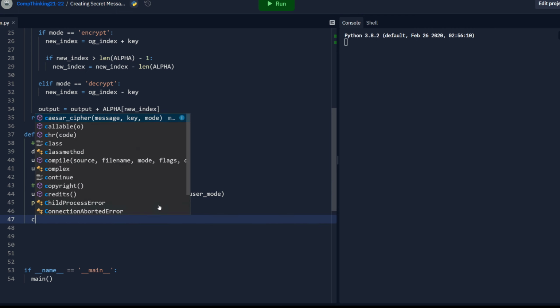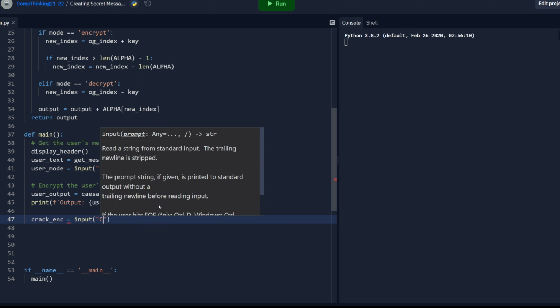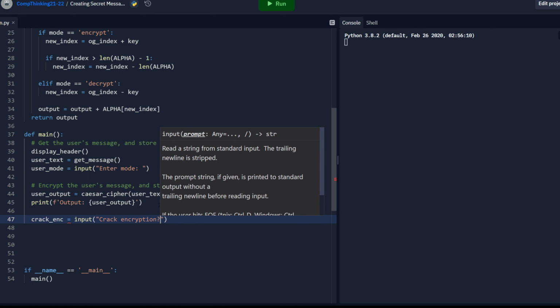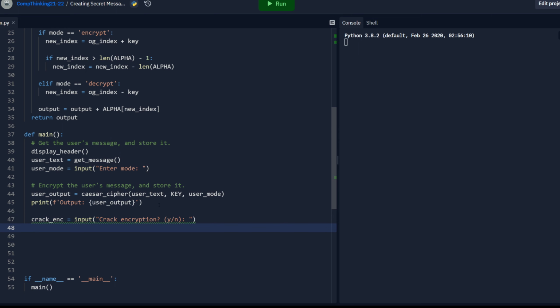We'll set a little breakpoint here, for lack of a better term, and we'll say, do you want to crack this encryption? Yes or no, and we're obviously going to say yes, and then we'll say if crack encryption is equal to y, then we're going to do the following things. One,